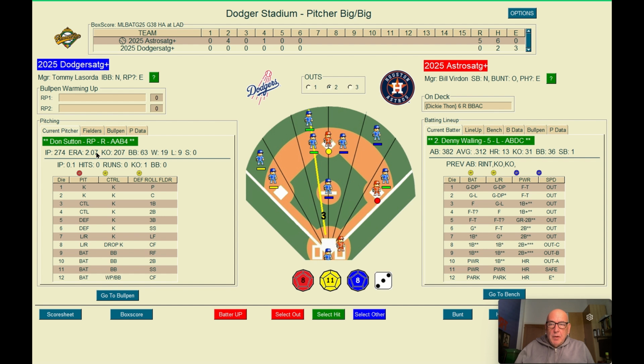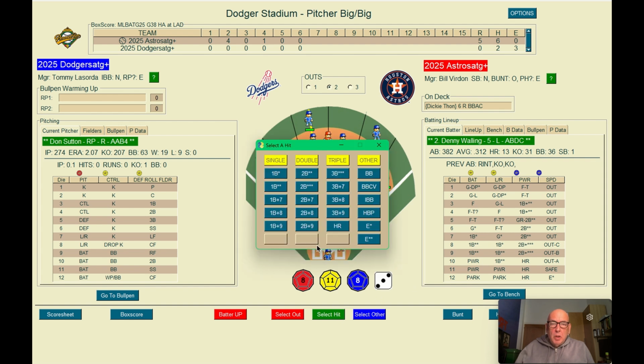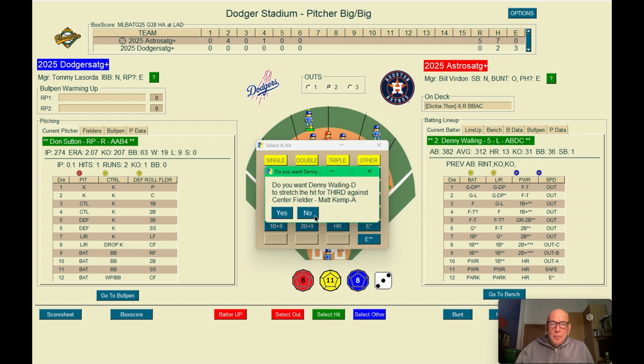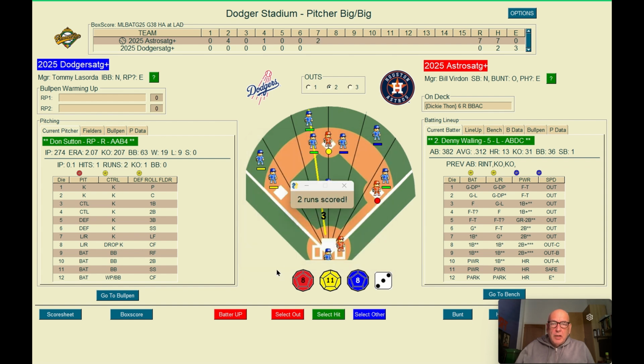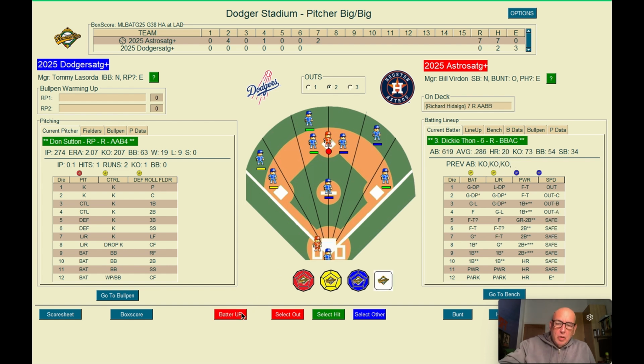8, lefty righty. 11, power. 8, it's a long base hit anyway, double to centre field. He's not going to stretch it though, but he drives in 2 runs. Just as he'd lost his boost, he comes up with a double. Welcome to Don Sutton. I think those runs were they both down to